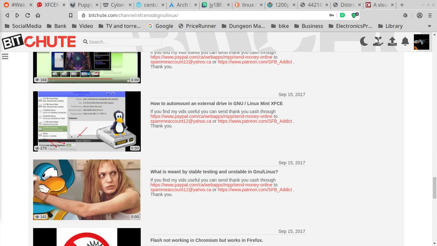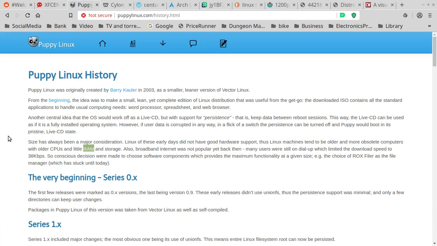Now, once you've made those sorts of decisions, you get to make some rather esoteric sort of decisions. For instance, my machine is not a bare bones machine, but I was very, very tempted to run a distro that is meant for a bare bones machine called Puppy Linux. Now, I could do an entire video on Puppy Linux, and I might do that later, but it was originally created in 2003 as a smaller, leaner version of Vector Linux. The idea was to make a small, lean, yet compatible edition of Linux that was useful